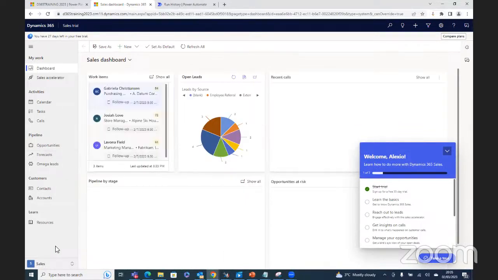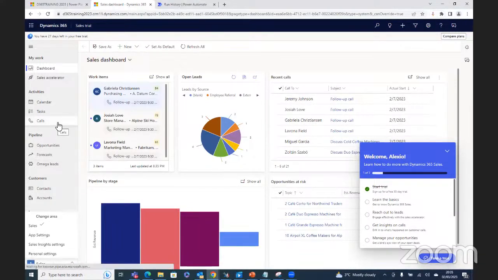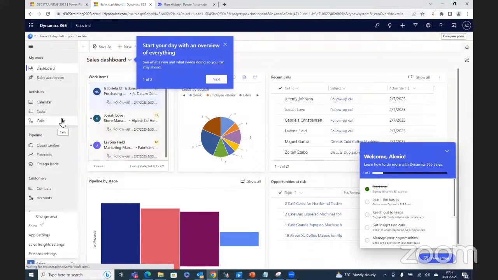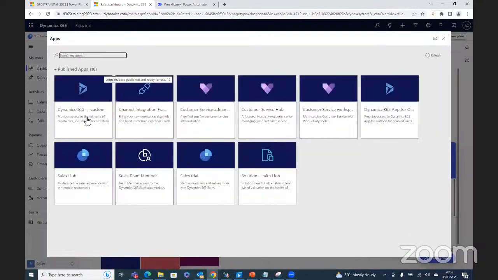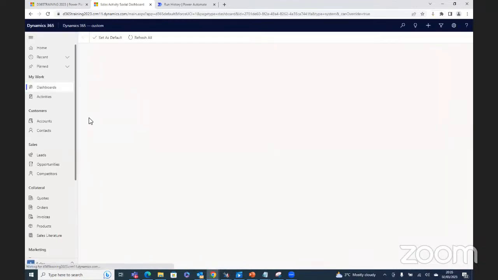And then in here, we don't have leads. Did we remove leads last week? Does anyone still remember? I don't. If we don't remember, that's fine. We can get it here. Because I think we removed leads. We'll do something different as well to fix that. We removed leads and we put Omega leads in there because we created a separate table. So in here, if I go into leads,